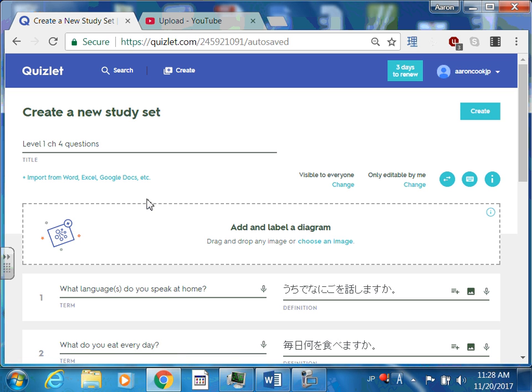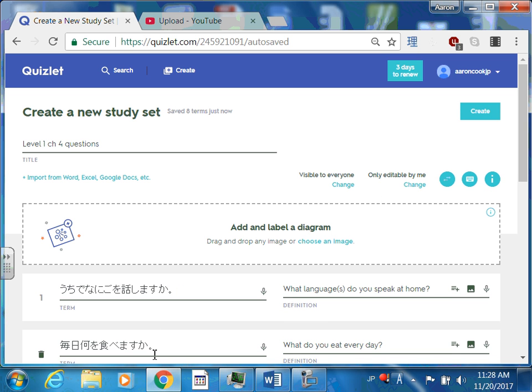Once you've copied it, there's two things you need to do. This is the question over here, and these are the English translation of the question. What you need to do is switch the two so that all the questions are over here. The next thing you need to do, and this is very important, students forget to do this a lot,